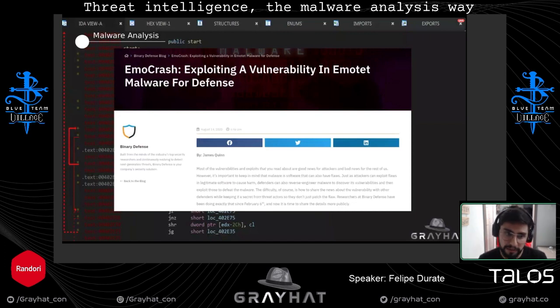For example, EmoCrash was a vulnerability found in Emotet, a buffer overflow, and that was kind of a vaccine for Emotet, and that vaccine worked from February to, I think, August. So this is another thing you can use.